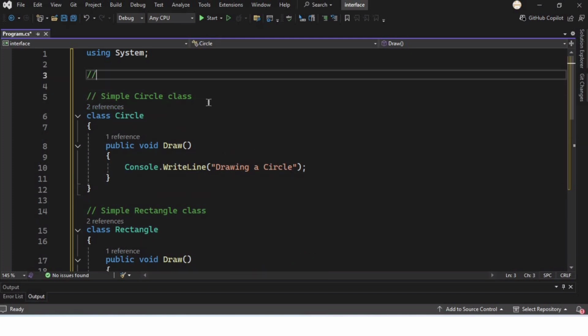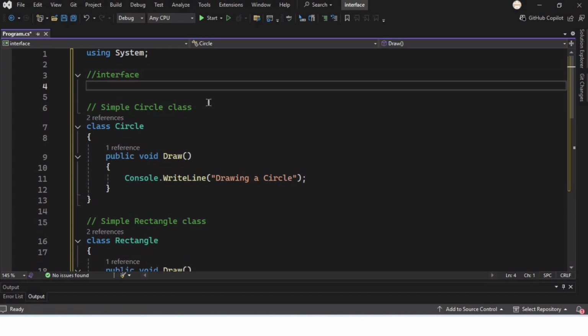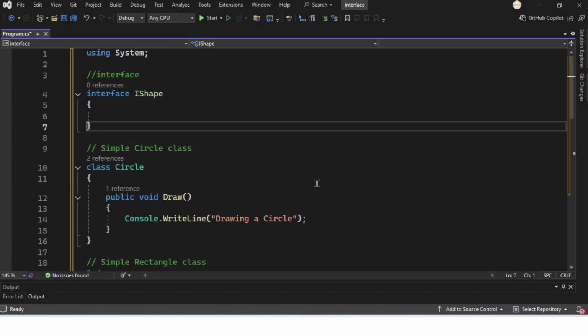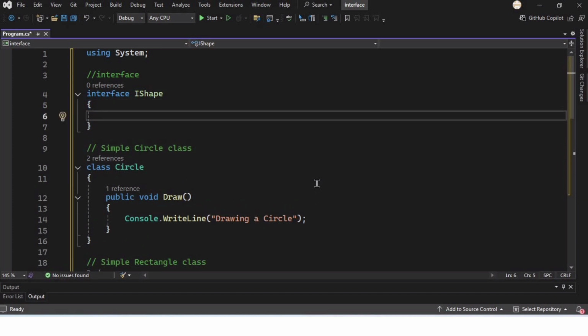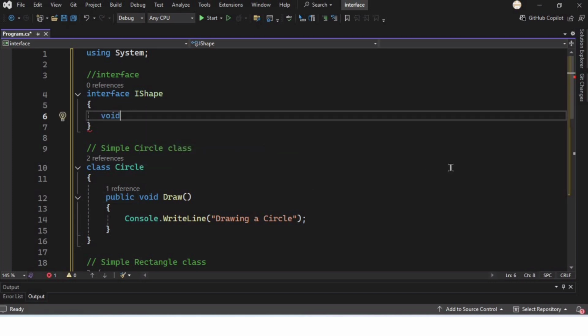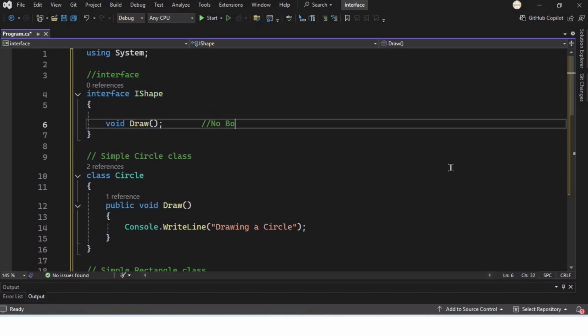So I'm creating the interface on top. I'm writing interface, and the name of the interface is going to be Shape. And remember, we have to write I for the naming convention. And inside of the block, I'm going to write the method. For writing the method, we used to write public, but we are not going to use public here because by default the method is public. So I'm writing void Draw, and there is going to be no body for the method